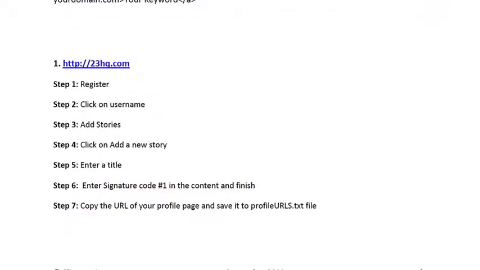So for example, for this first one, it gives us step-by-step what we need to do for each of the websites. Each website is slightly different, so you just need to pay specific attention to the steps listed. So for 23hq.com, we need to register for an account. Once we do that, we click on the username, we add a story, we click on add a new story, we enter the title, then we can enter a signature code into the content and finish,